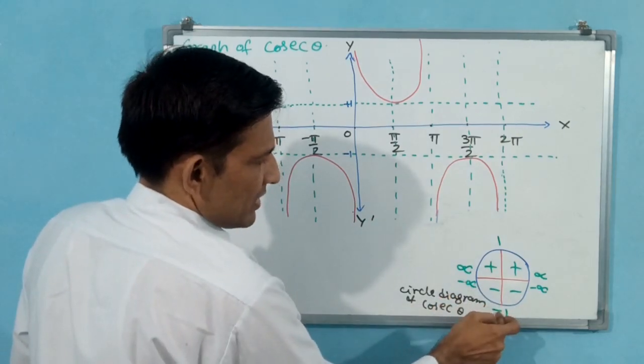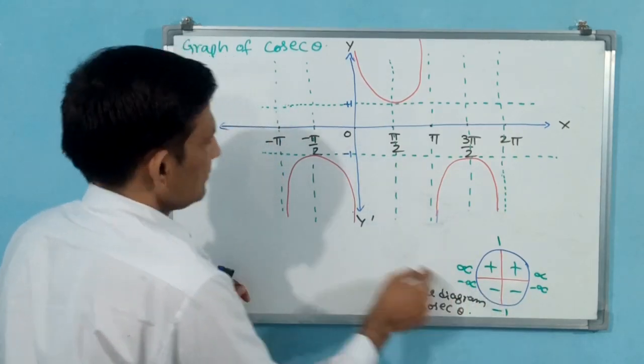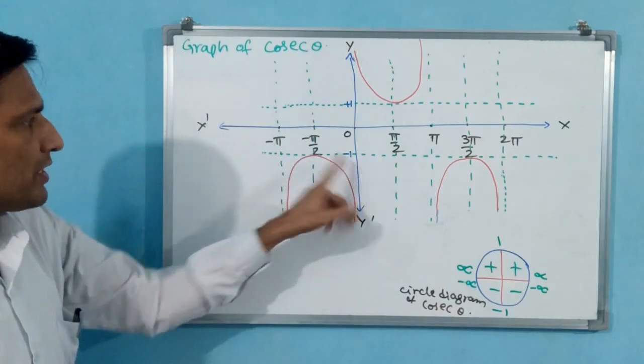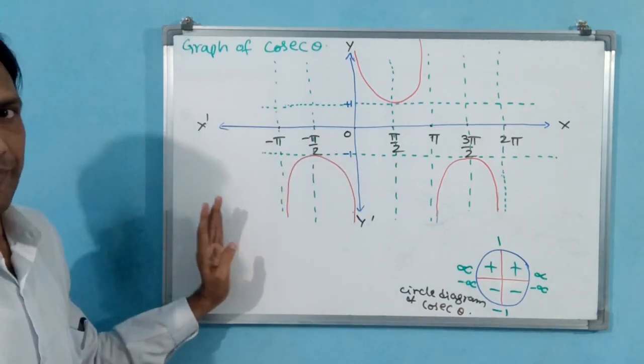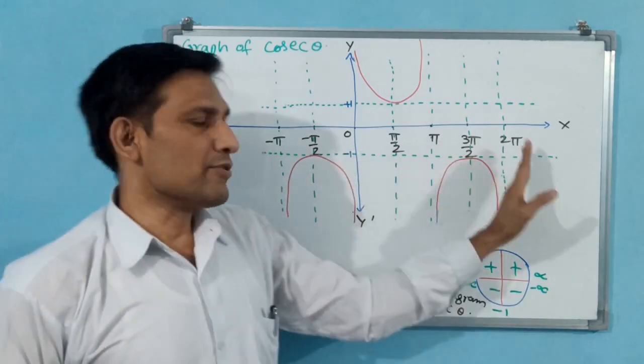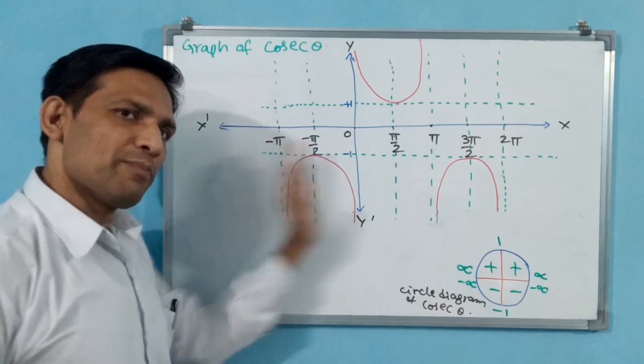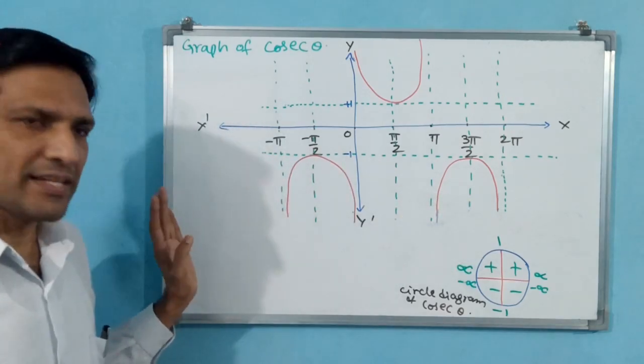You see negative 1 to negative infinity value. Okay, negative 1 to negative infinity. These are enough. Why? Because on the negative side you take up to minus pi, on the positive side you take up to 2 pi. For sine and cos you take both sides up to 2 pi. Okay, those are easy. Why?